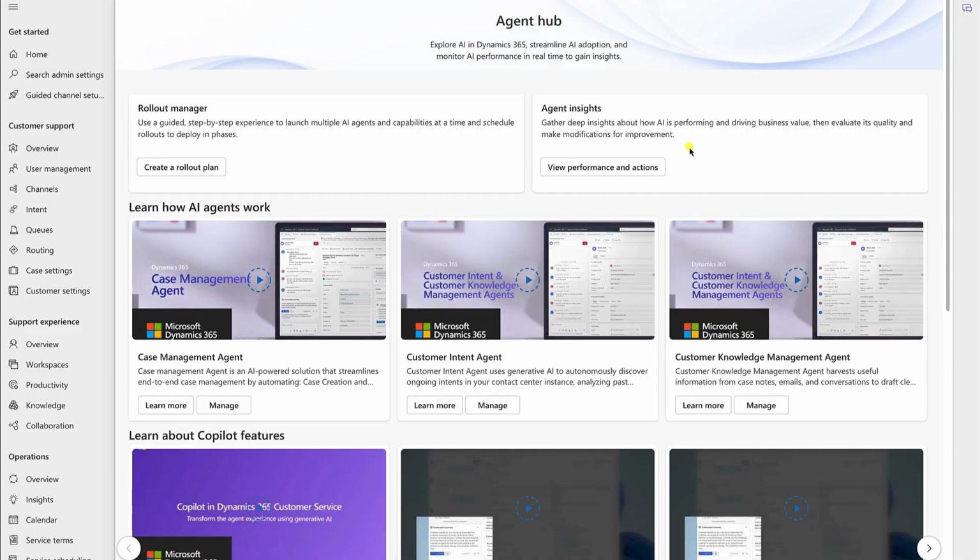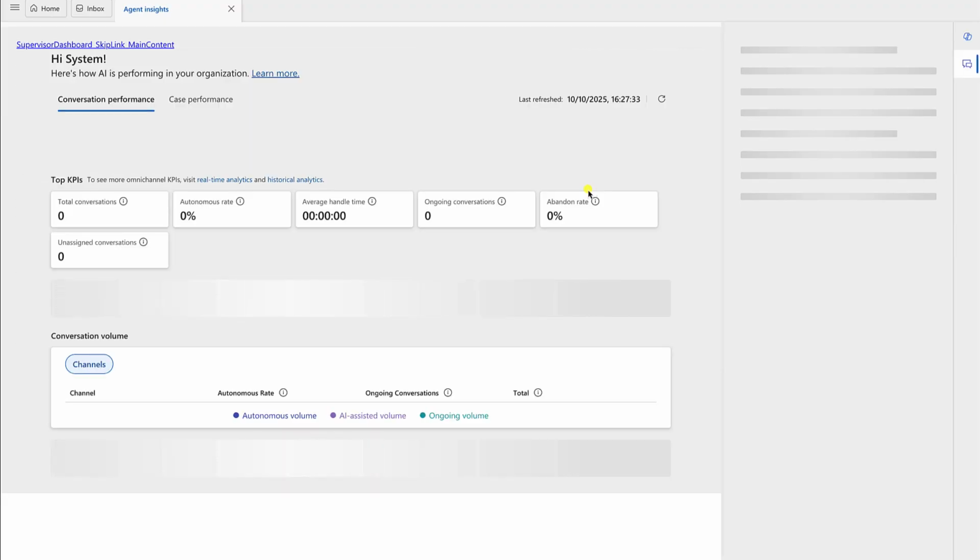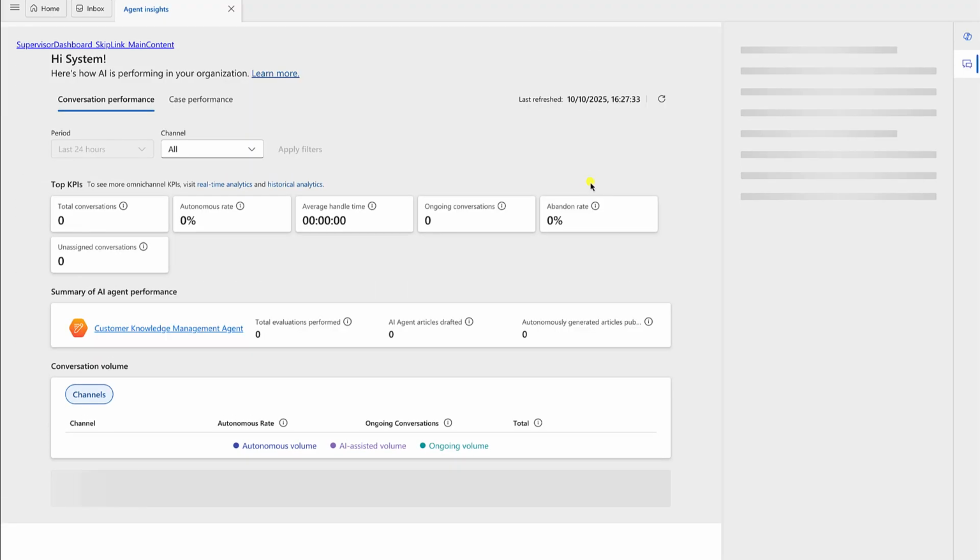Okay, let's have a look at Agent Insights. Gather deep insights about how AI is performing and driving business value, then evaluate the quality and make modifications for improvement. So when we click on that, it's actually going to take us into what was Customer Service Workspace, what they're now calling Copilot Service Workspace.